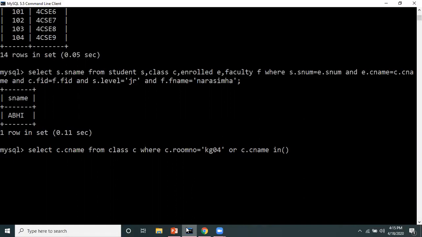So I'm writing the comparison operator in, and here I have to select. From where? Enrolled students I will get from the enrolled table. For the enrolled table I'm using the alias E, and I'm checking E dot C name from the enrolled table.